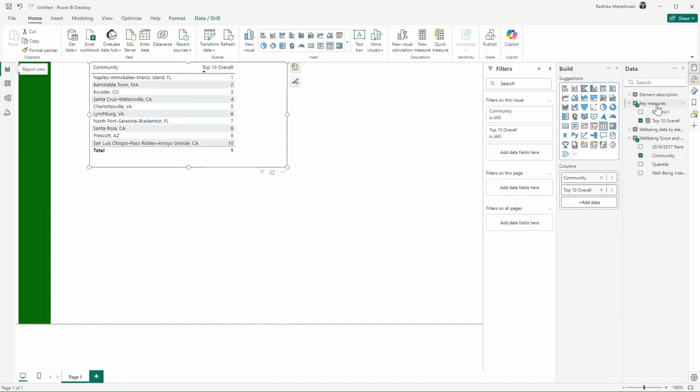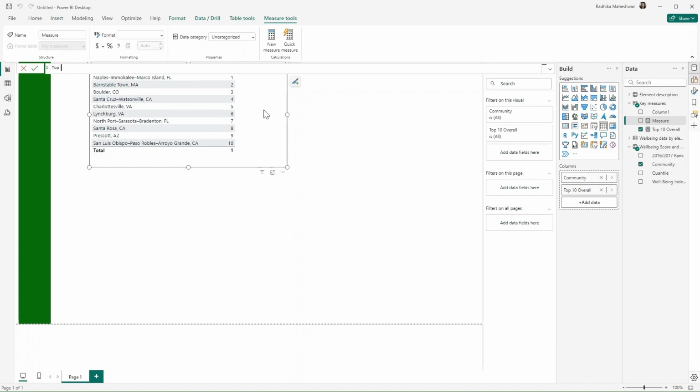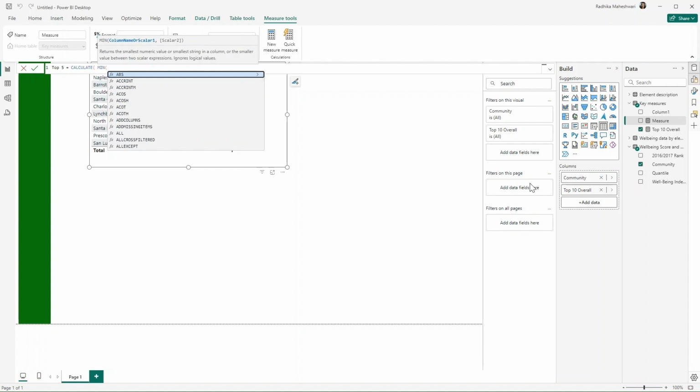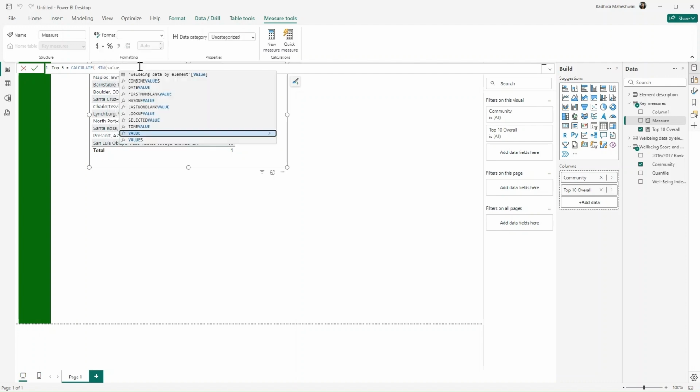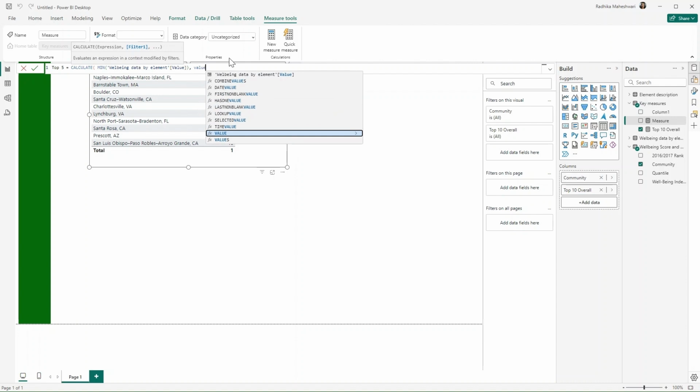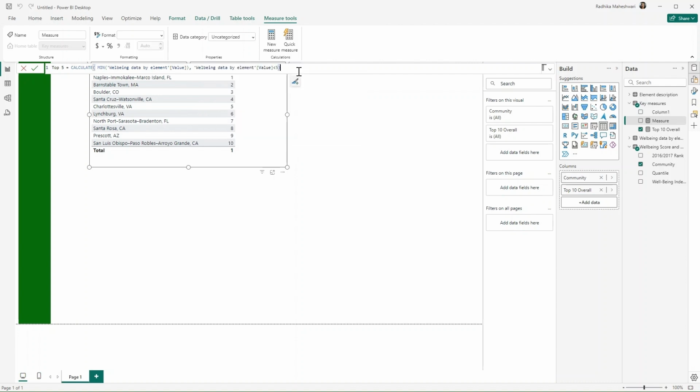For that, I'm again going to create a new measure, and I will call this top 5. That will be equal to, we are again going to use calculate function, and I'm again going to be creating the same measure, but this time to get the filter context, we're going to use filters on the page wherever we will be using that table. I'll show that to you in a second, but I'll create the measure over here. So again, you can choose any aggregation. I'll choose min. And now we need minimum of the value where the value is less than 5.